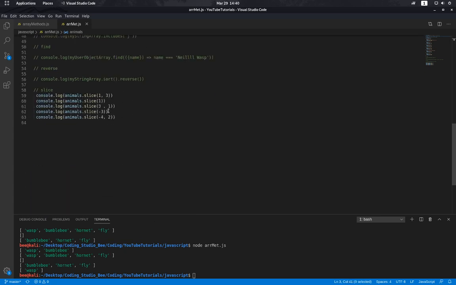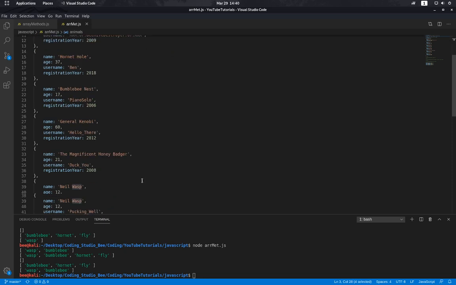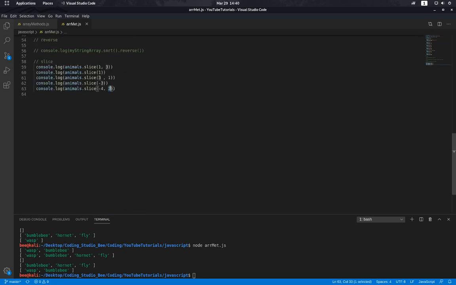That's how it works. To make it maybe a bit better, let's just add one more. Was bumblebee, because 1, 2, 3, 4, not including 4, and 1, 2, 3, 4, including 4, as you can see. Okay, I think that's all I wanted to say about slice, so let's jump to the next one. If I remember something else, I will be sure